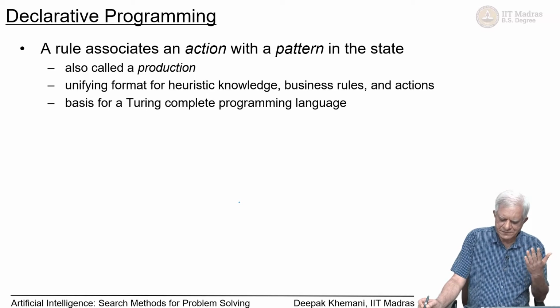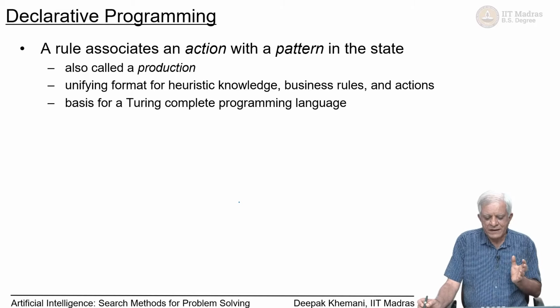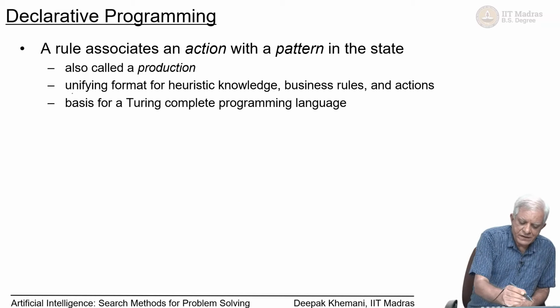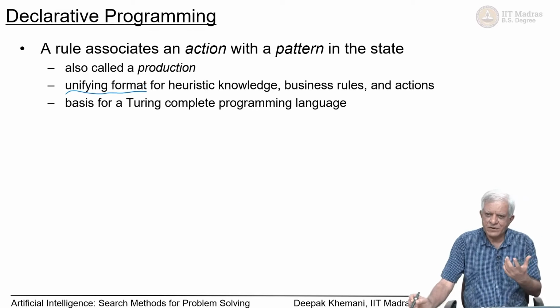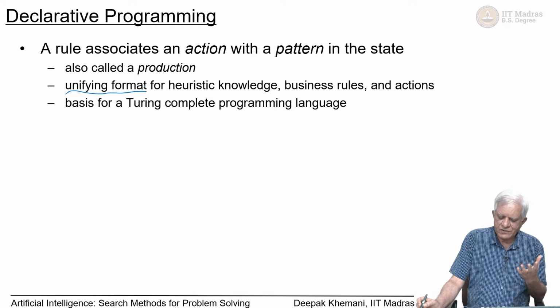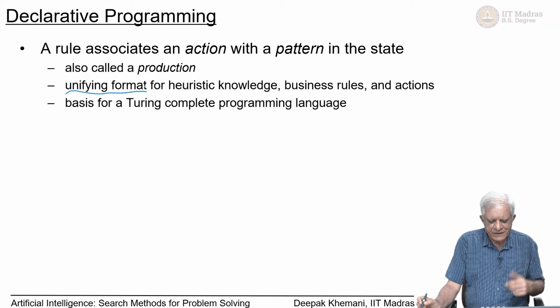For example, a bank may have its lending rules essentially as to when do you lend to somebody and so on. Everything can be implemented as rules. So, the rules in a production system, they are a unifying format. Not only do they capture the sequence of moves you want to do, but they also capture heuristic knowledge and